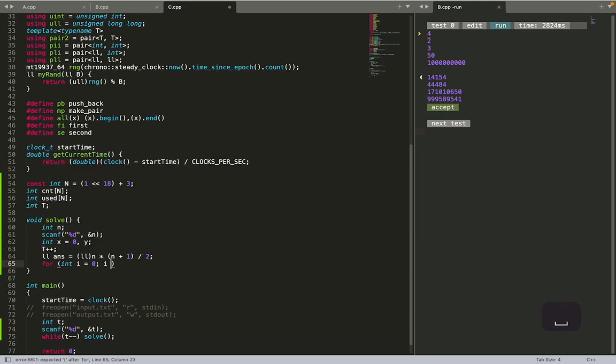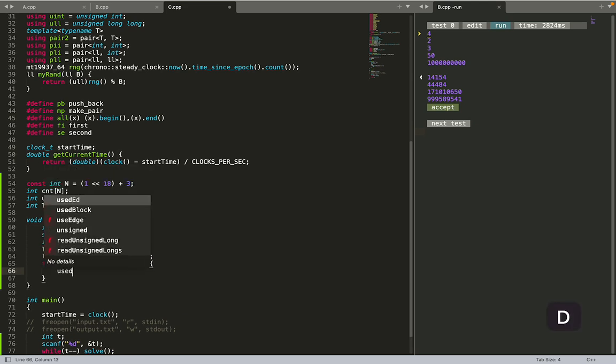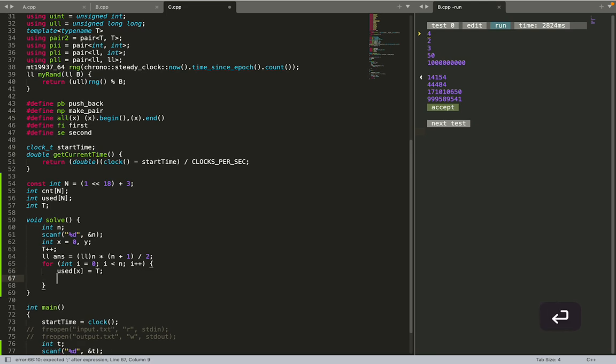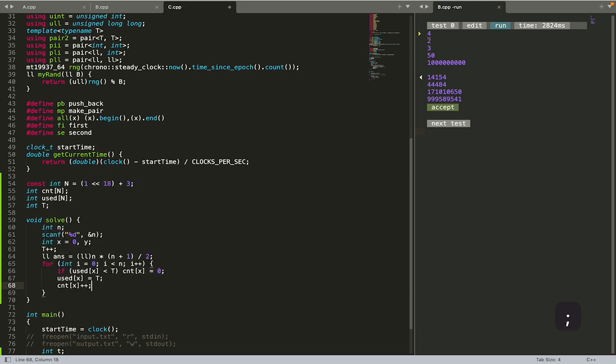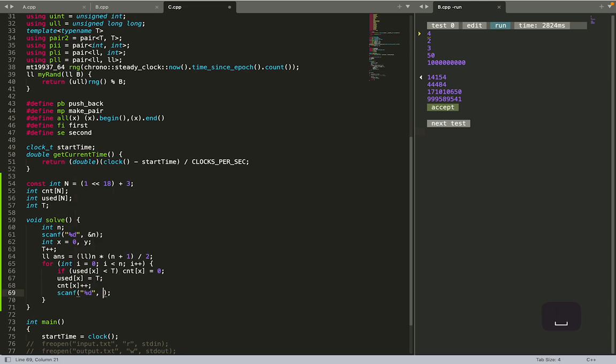So x is my current prefix XOR, used at x, and if used was less than t, then I have to say that thing is actually 0, and now it's one bigger, and now I read the next number,